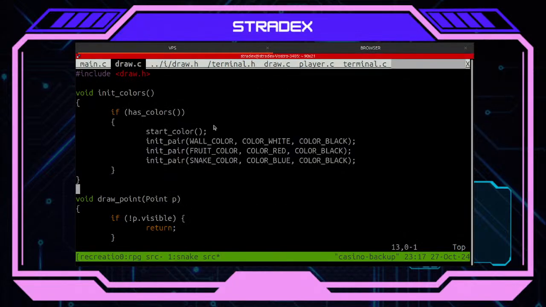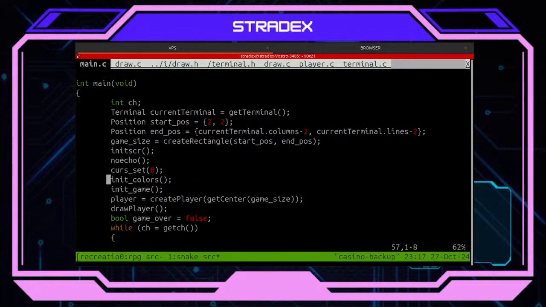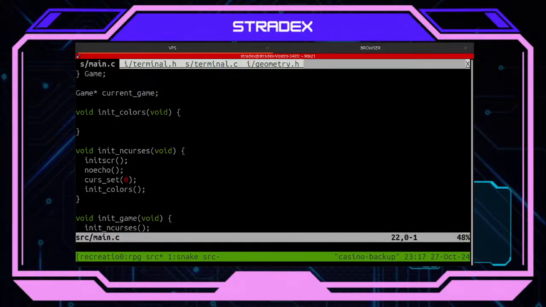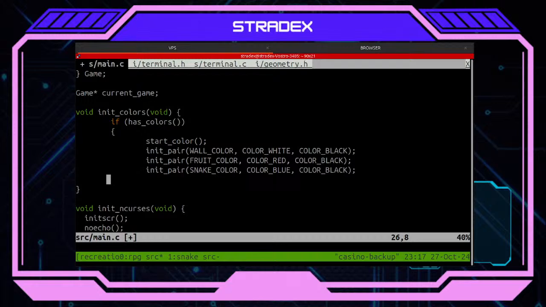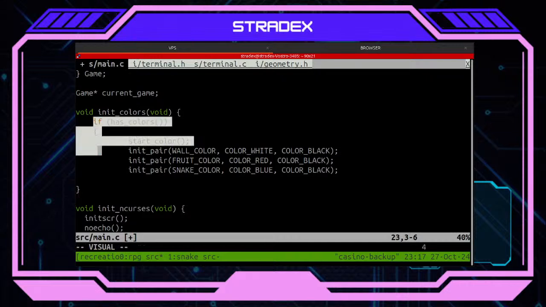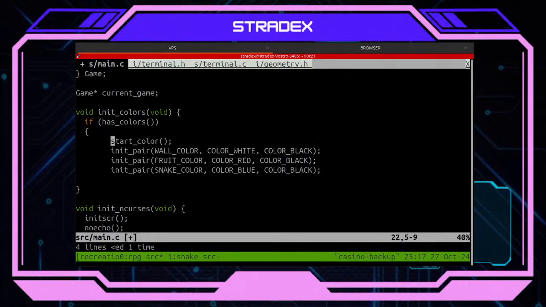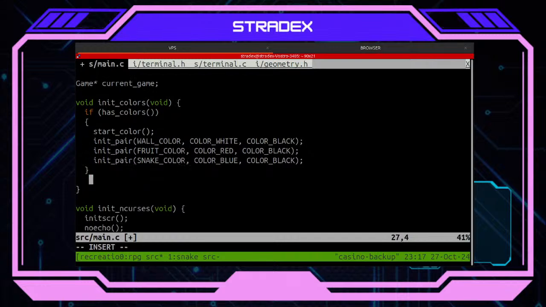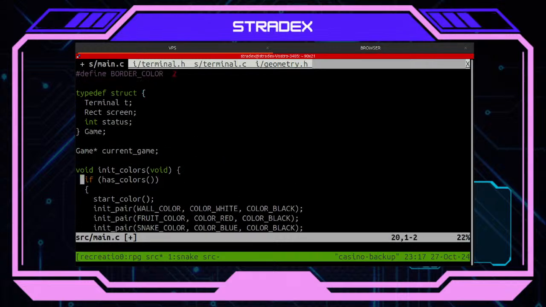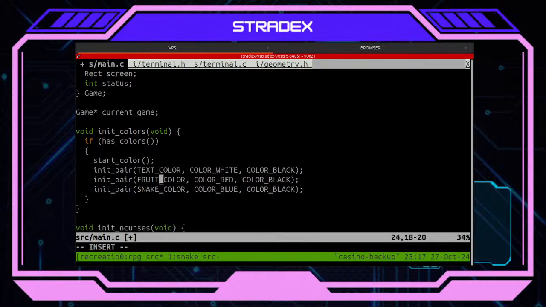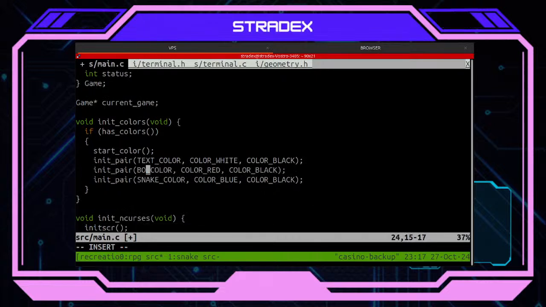Yeah, this is basically what I want. Color and border.